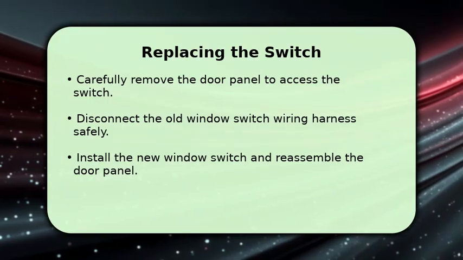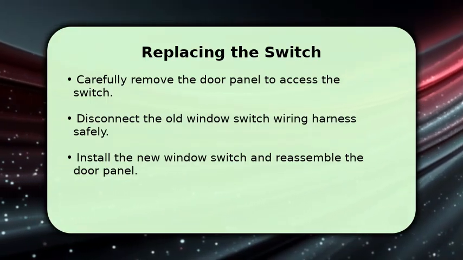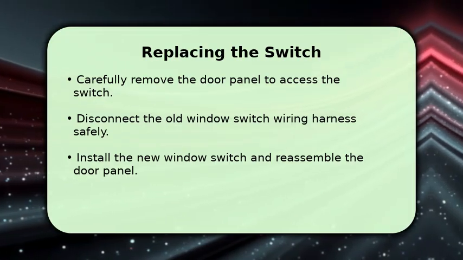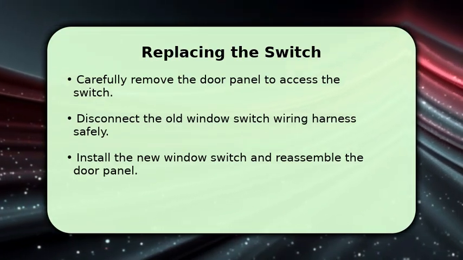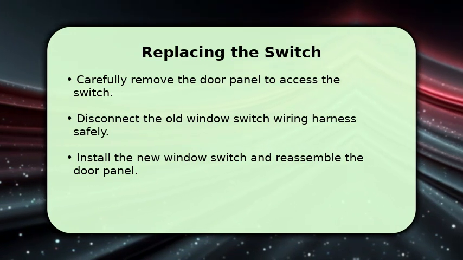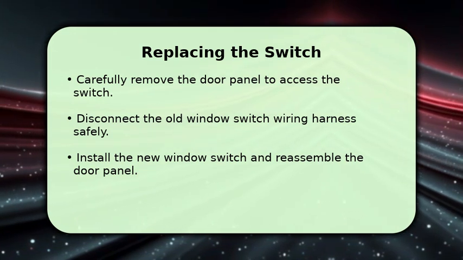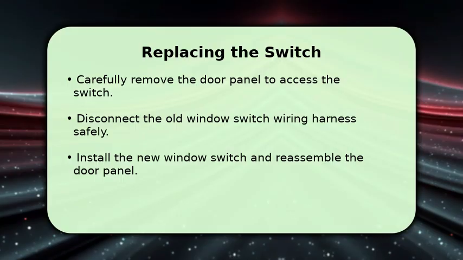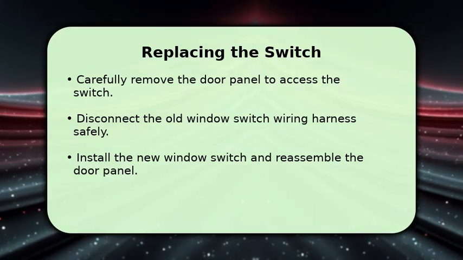If troubleshooting points to a faulty switch, replacing it is often straightforward. Begin by carefully removing the interior door panel to gain access to the switch assembly. Once exposed, gently disconnect the wiring harness from the old switch. Then, simply plug in your new window switch, ensuring all connections are secure, and reassemble the door panel in reverse